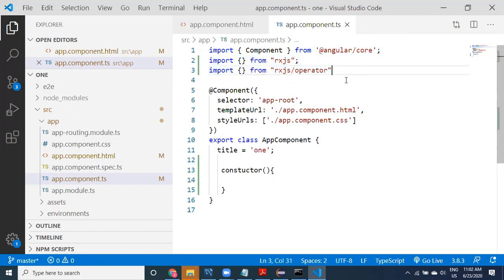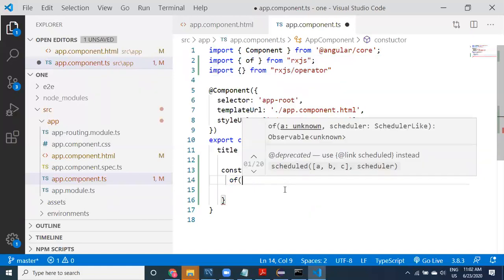Remember that when we are using the HTTP object, or when we are using router parameters, there also we are using observables, right? And when we are using reactive forms, there also we are using RxJS internally. Observables use the RxJS API internally. Now we are using the RxJS API directly to create our own operators. Let us look at it.